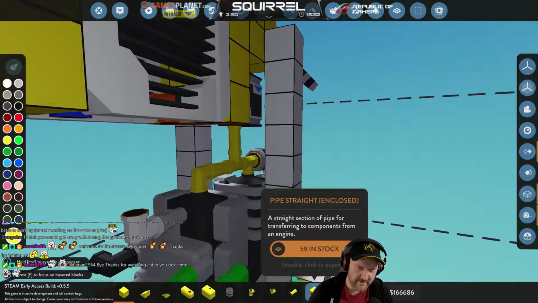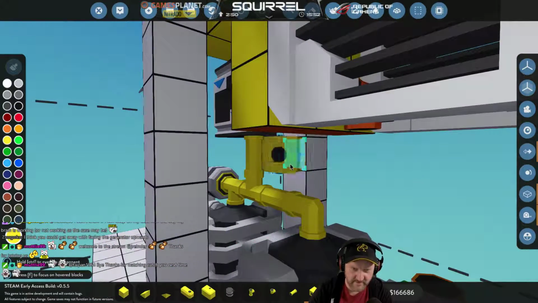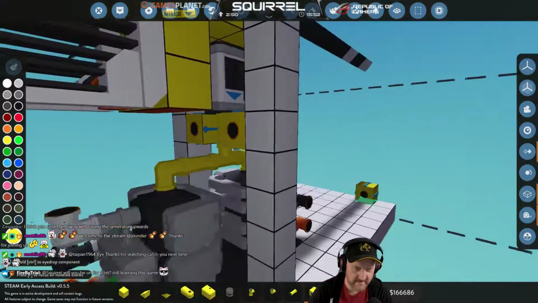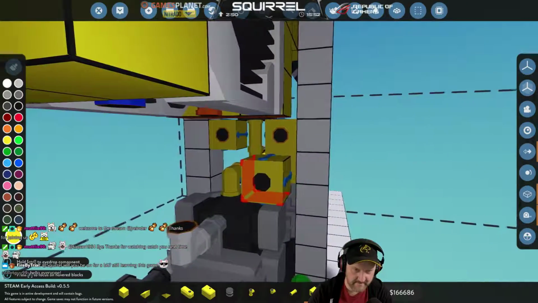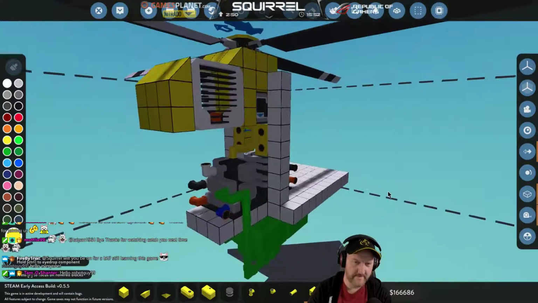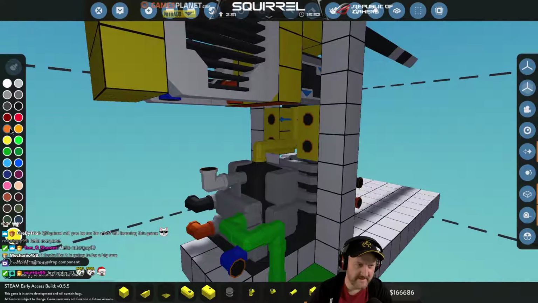I think I might put a couple of pipes running through like that, because that way we can link things through from one side to the other. Can we get one in there? Nice. That way I can join up these pipes. So if we make the, like that one...